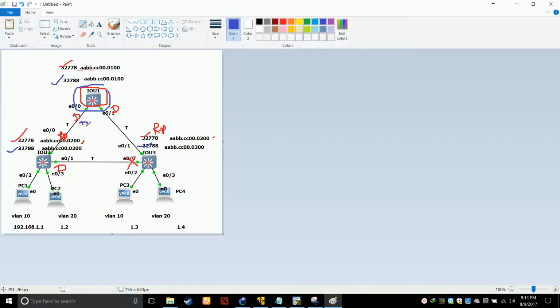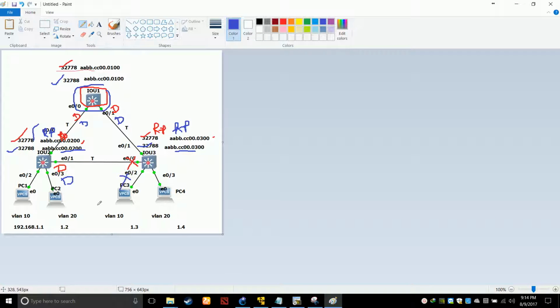This guy is DP, this guy is DP also for VLAN 20. Cost-wise 19 from here, more than 19 from there, so this guy becomes RP for VLAN 20 also. Same thing, this port becomes RP. And if you compare the bridge ID, this one and this one, you know this is better. So this link becomes DP and this link becomes blocked for VLAN 20.